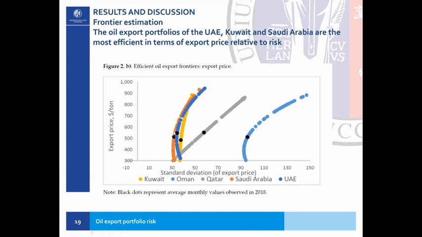So as you can see, the portfolio parabolic functions, or the portfolio efficient frontiers, are very similar for countries like Saudi Arabia, United Emirates, and Kuwait. They are essentially more moved to the right for the other small countries. Qatar is almost a linear function, and Oman is, again, as you can see, to the right. Okay, the black dot is the 2018 observed value, just to give you a reference of where we put our econometric analysis.